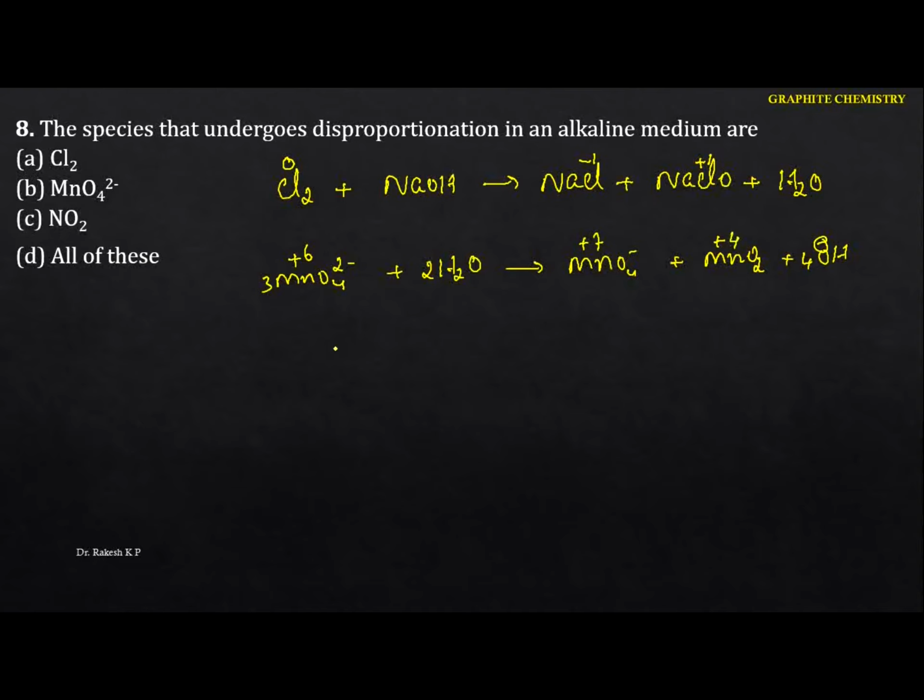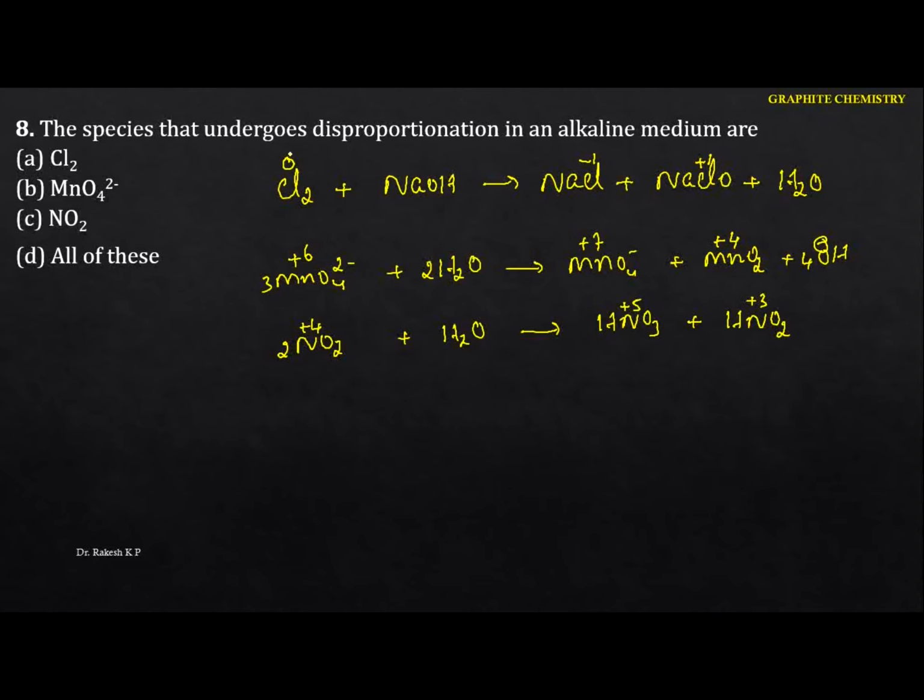Okay, let me go for the next one here. Nitrogen dioxide reacts with water. So what you are going to get? Here we are going to get nitric acid, and also we are going to get nitrous acid. Okay, so these are the reactions here. And now if you calculate the oxidation state of this one, this becomes plus 4, and here if you calculate, this becomes plus 5, and this is plus 3.